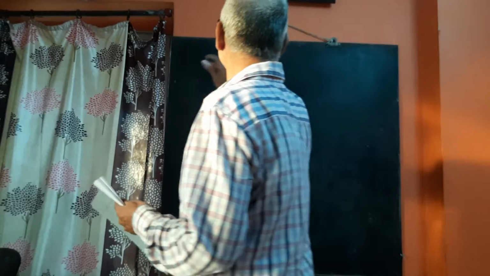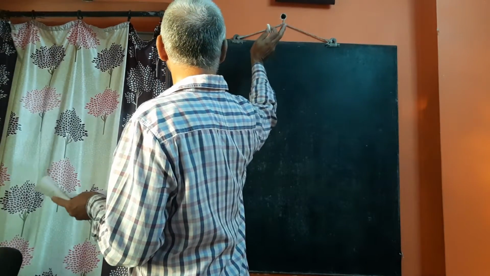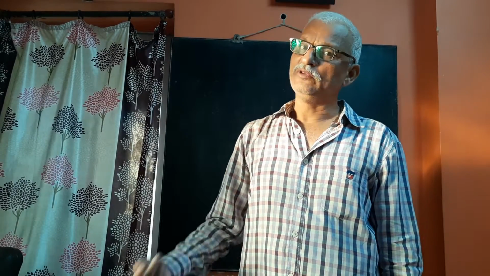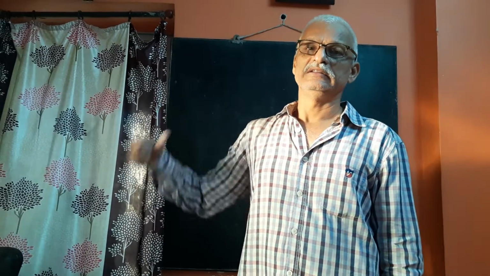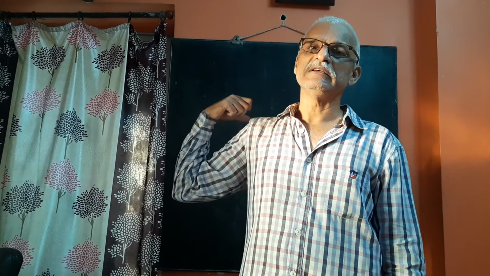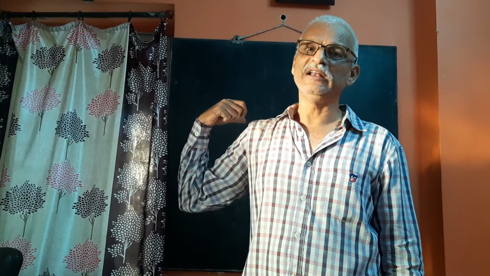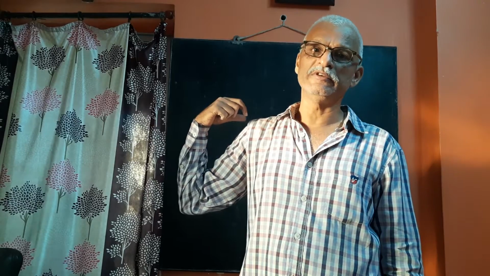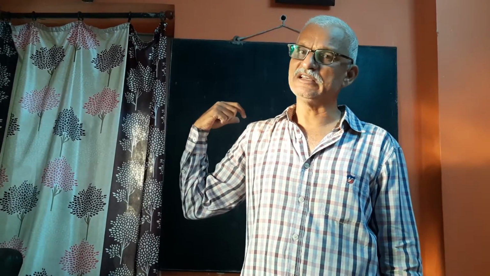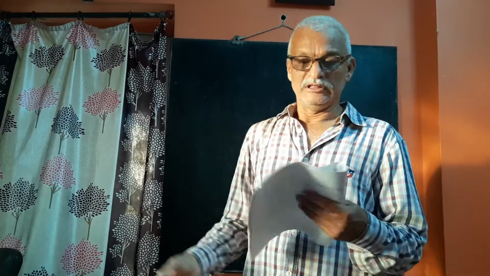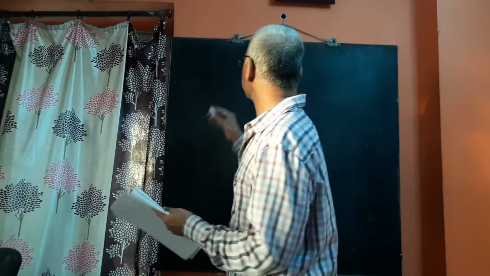Now we will write the formulas of factorization and defactorization, our next topic under the heading of trigonometry. We have seen the compound and allied angles along with the problems. We have seen the multiple and submultiple angles today and in the previous lecture with examples. Now the factorization and defactorization.